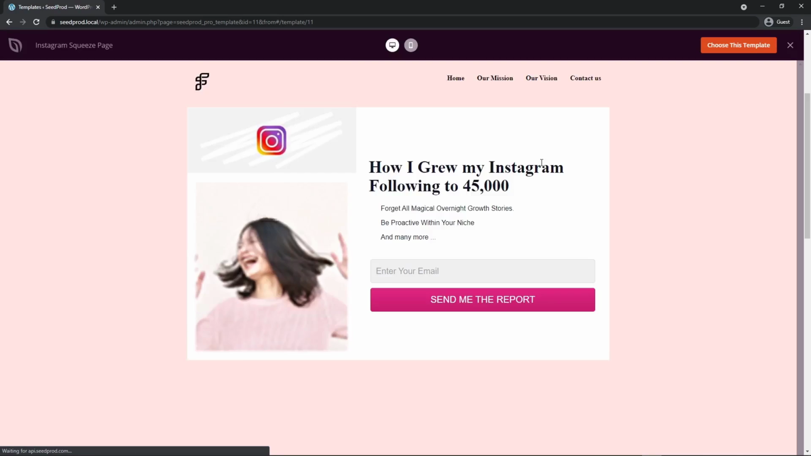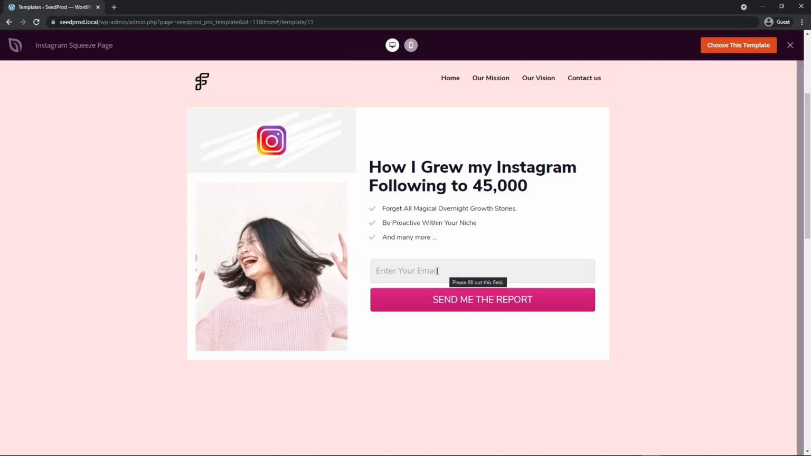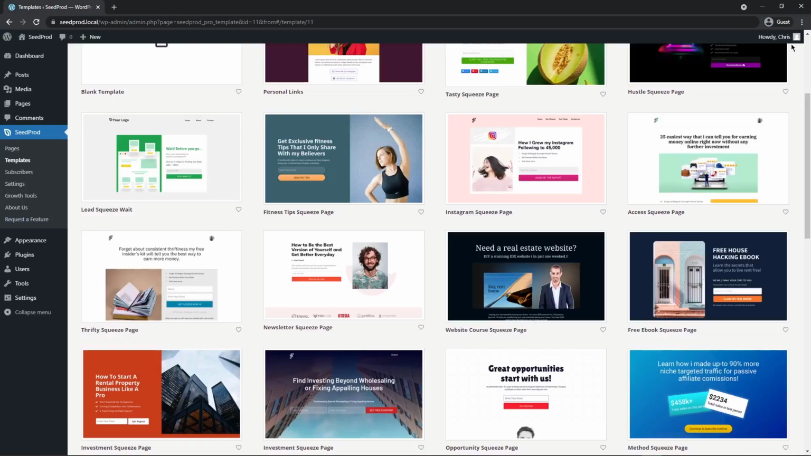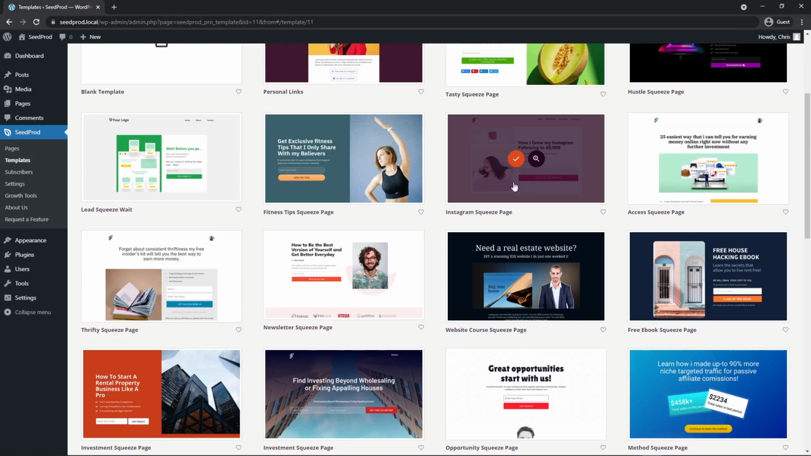So here's one that I'm looking at. You can preview this. We have a little email box here to collect. There's an image and a headline, and it's nice and clean looking, so we can choose this template if you wish. You can preview it in mobile mode, or you can close this and find a different one if you like. And to select the one that you want to pick, you can just click the little check mark here,